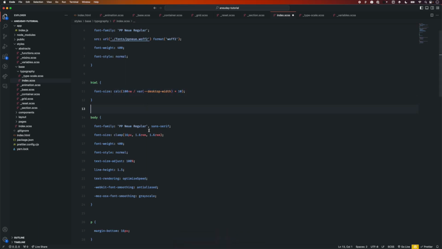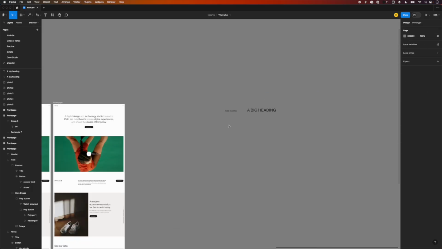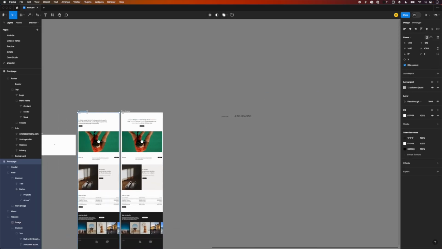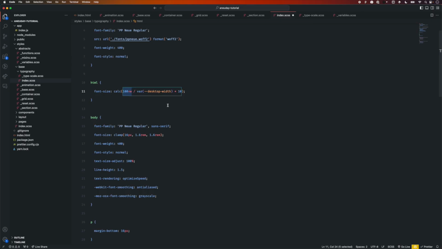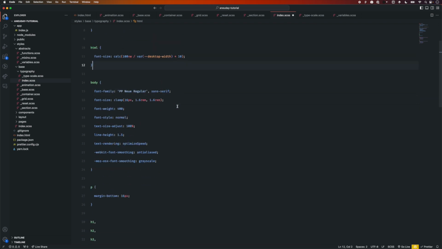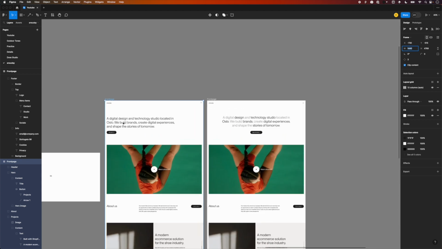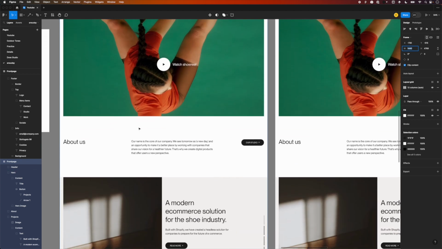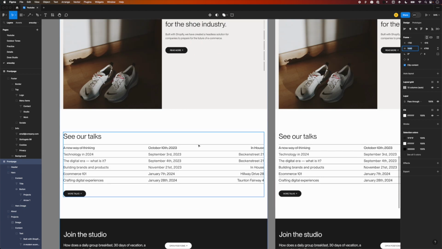But by doing 100 viewport width and dividing that by the width of the design file, so in this case 1440, and multiplying that by 10, what we can now do using rems is